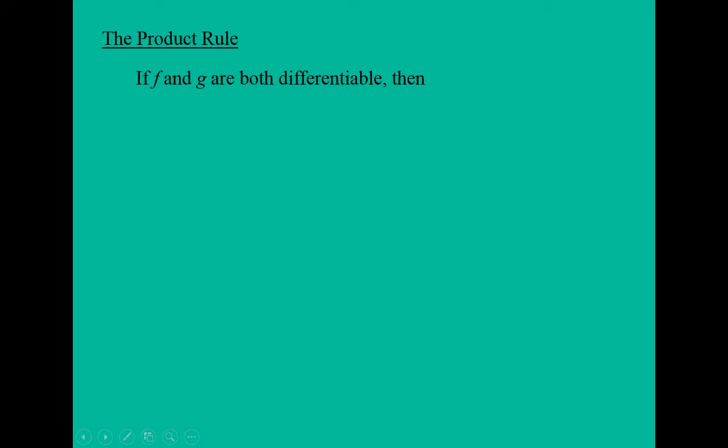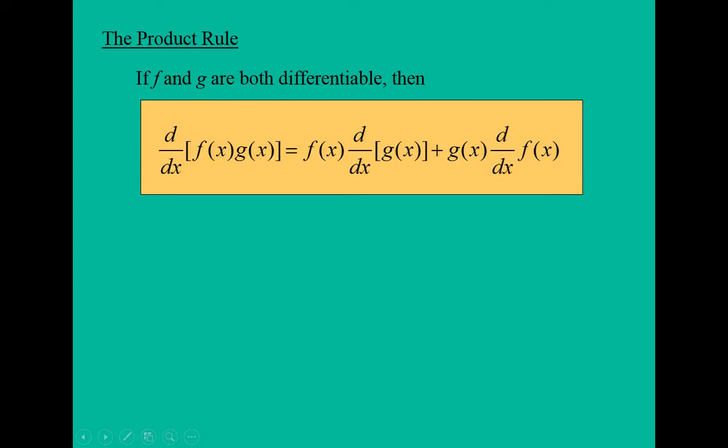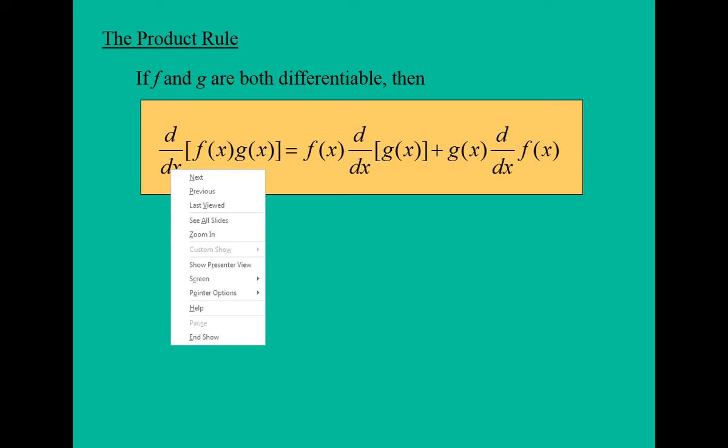So the product rule is, if we want to find the derivative of an f of x times a g of x, we take the first function times the derivative of the second function plus the second function times the derivative of the first function. That's the rule. Now, I like to just say the first times the derivative of the second plus the second times the derivative of the first, but can you see